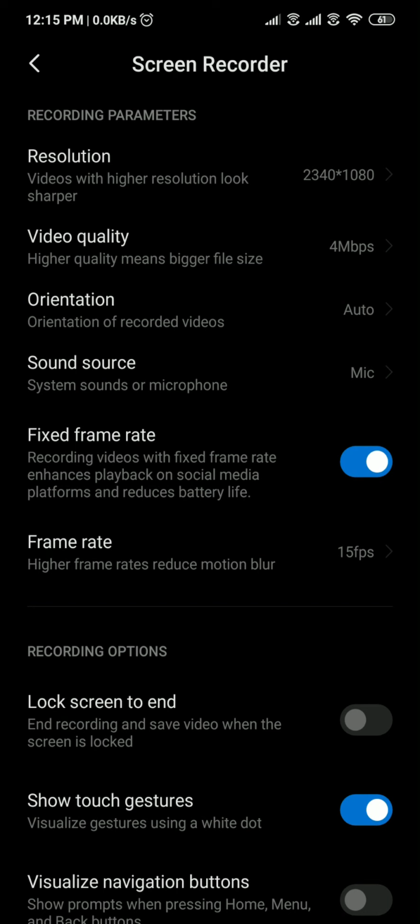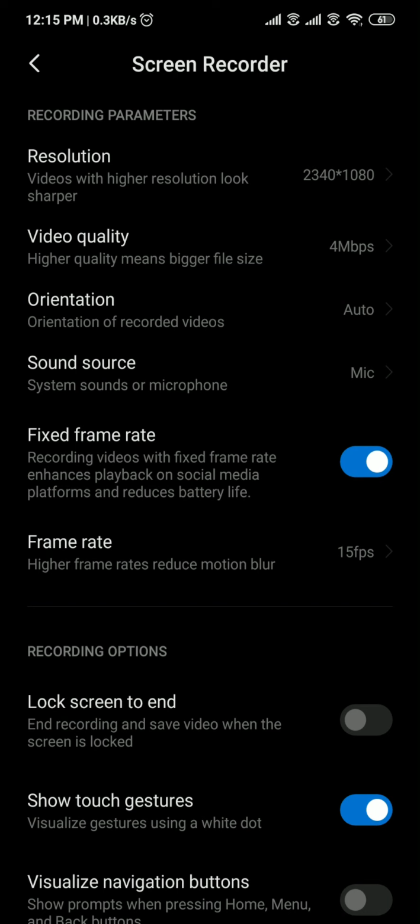That's why I am having 2340 by 1080 in the option. But if you have a screen resolution of HD quality, then this option may not be available. Then there will be two options. One will be for 720 resolution and another will be 480 resolution.